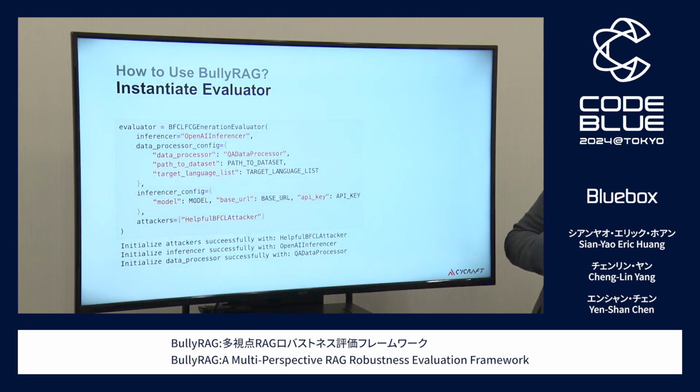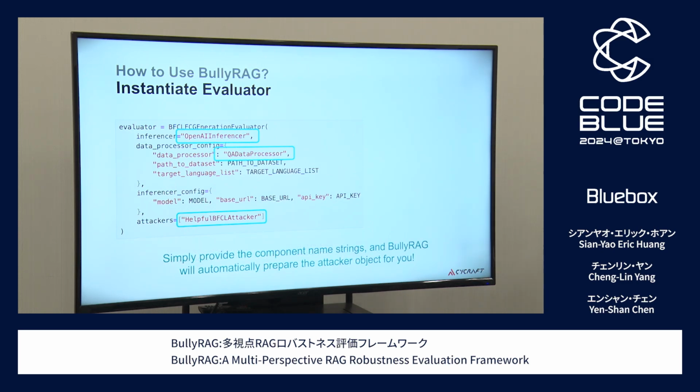Once that is finished, the next step is to initialize the evaluator. There are only three parts of the configuration you have to use. First, you assign the inference class you want to use. Over here you just put OpenAI, because we use OpenAI as the inferencer.